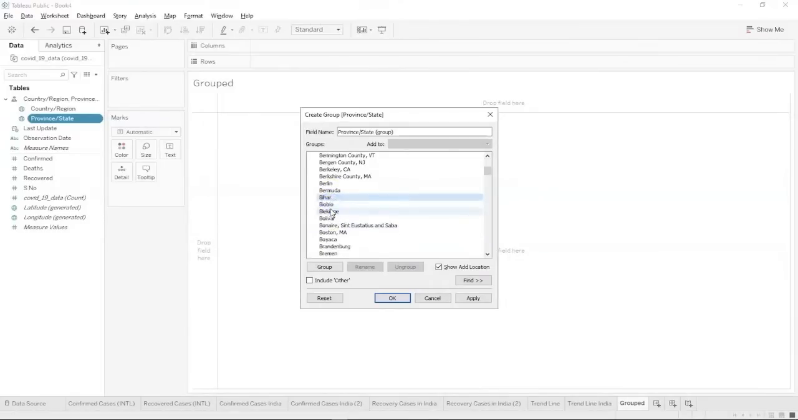We have Bihar, we have Chandigarh, we have Chhattisgarh, we have Dadra and Nagar Haveli, Daman and Diu, we have Delhi. We are going to just select a couple of states just to show how a group can